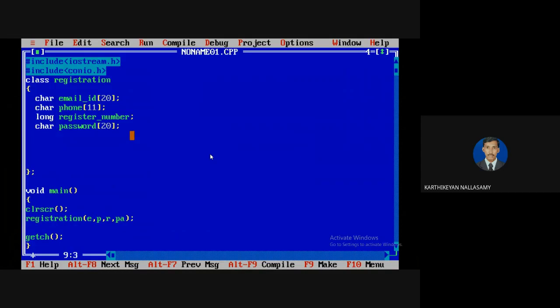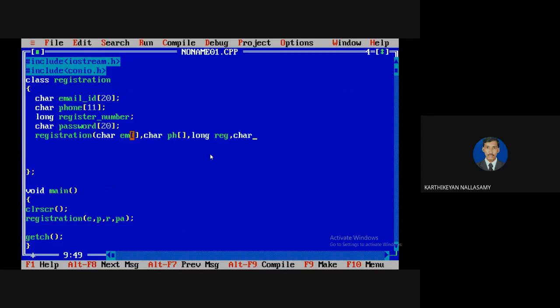It's mandatory, so using the constructor only we need to assign. Email ID is a character array. The next one is phone number, which is also a character array. Then the next one is register number, which is a long data type.